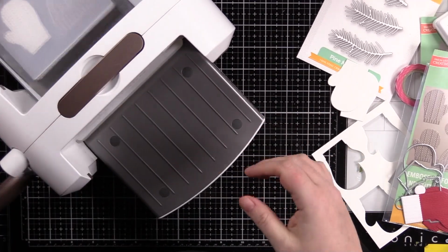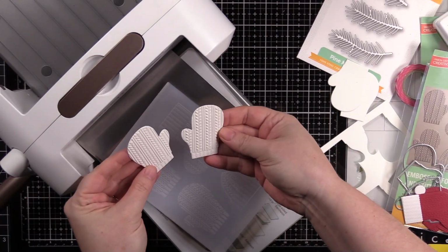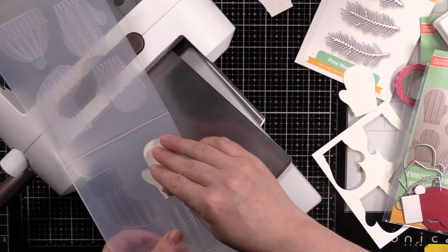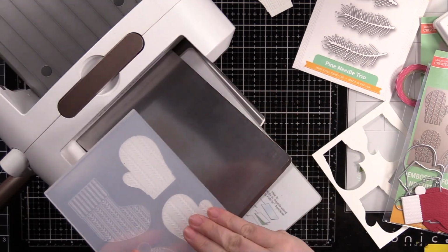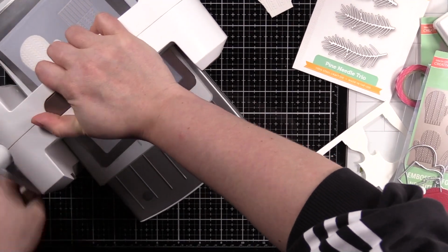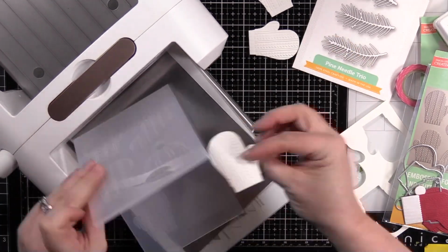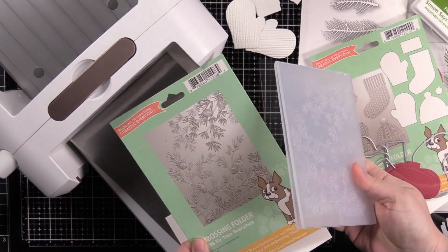I pop them into the folder and I ran them through my die cut machine. For me, I have my Spellbinders Platinum 6, the original platform, and 2 metal shims. That's my perfect combo for Simon's embossing folders. You always have to check with what machine you're using. The listing with the products has different sandwich recommendations for these folders. Again, it depends on the person, the machine, what folders you're using, etc. But that's my go-to. So I did that twice because I thought, while I got everything out, why not do